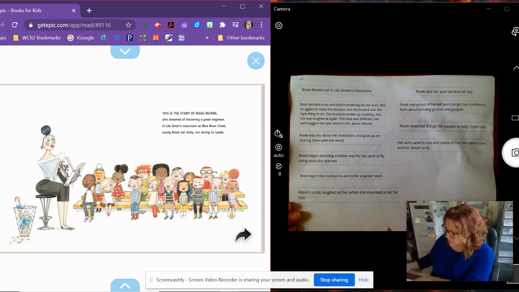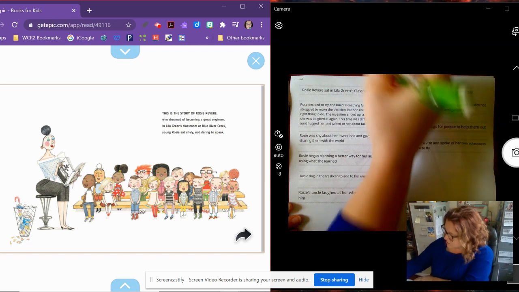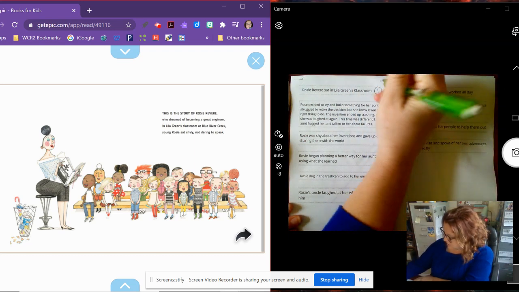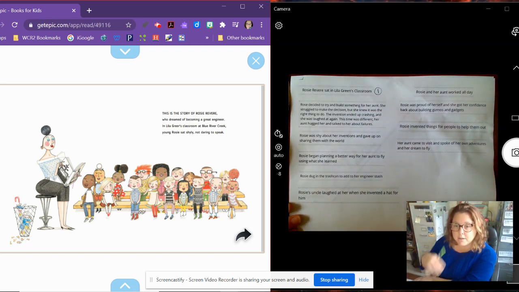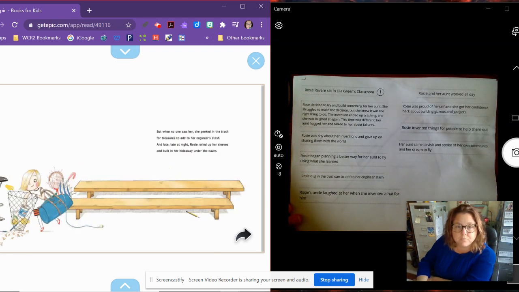All right. First thing we're going to do is, I just read that first page, and I'm going to look for that event. Rosie Revere sat in Lila Green's classroom. So this is the first event. I'm going to number them for now, and then go back and label them using the plot vocabulary in just a second. But when no one saw her, she peeked in the trash for treasures to add to her engineer's stash. And late at night, Rosie rolled up her sleeves and built in her